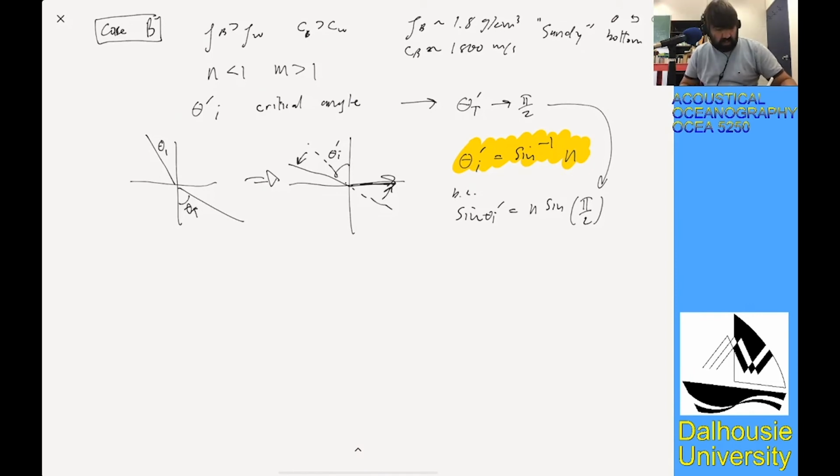Okay, so theta I, transmitted wave is parallel to interface, and this is what we call total internal